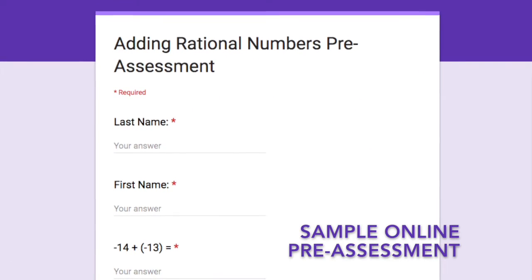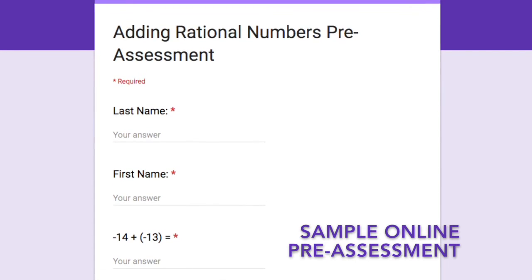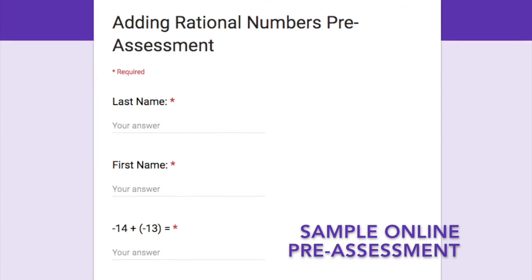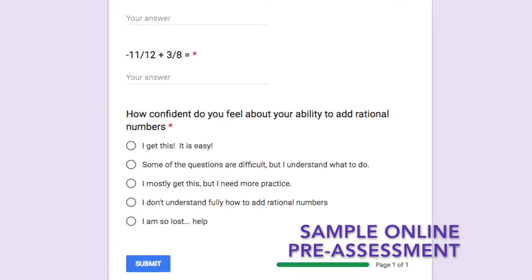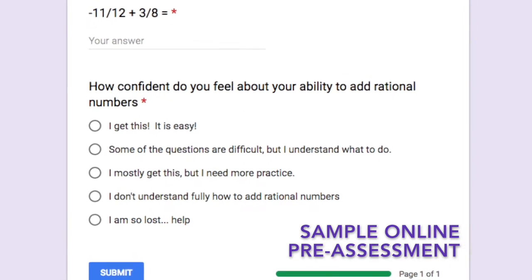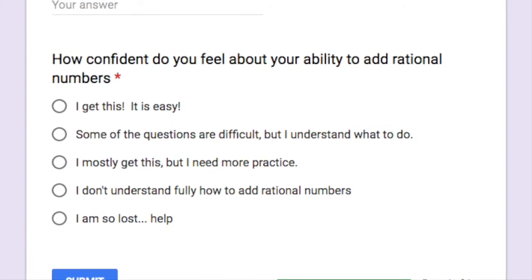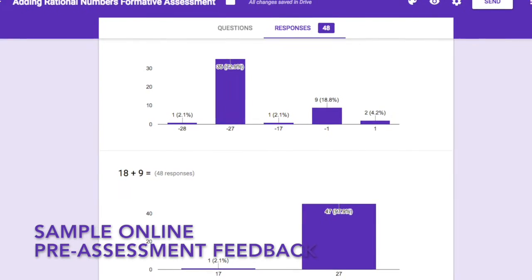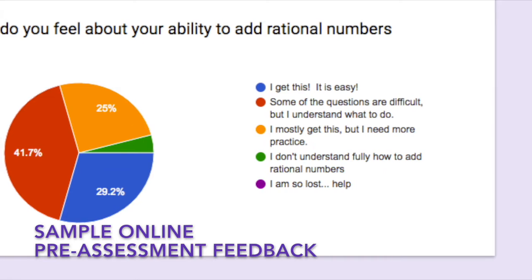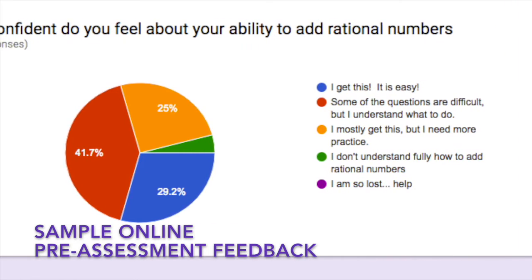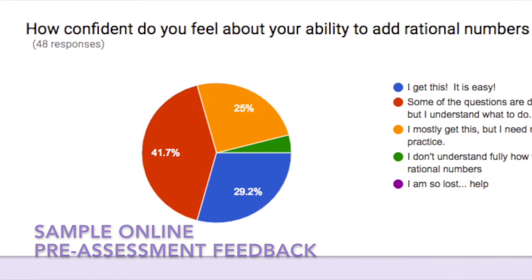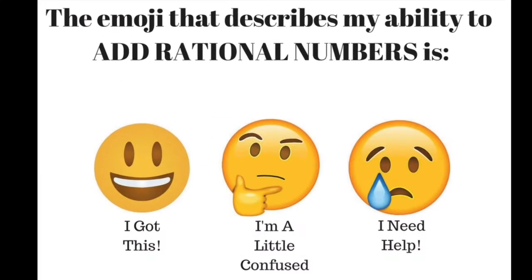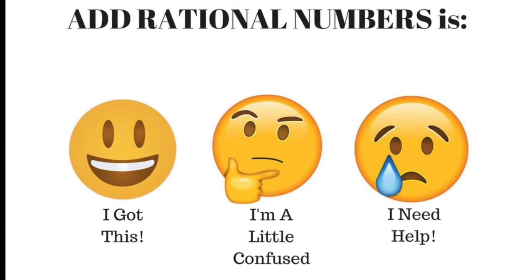In order to effectively plan for your station rotation, you need to pre-assess students' understanding of concepts that will be addressed within the stations. These pre-assessments can take on many different forms, including an online assessment that's automatically graded, a paper and pencil assessment that is peer graded, a ticket out the door from a previous lesson, a collaborative station activity from a previous station rotation, or a simple rating scale for students saying how comfortable they feel with a